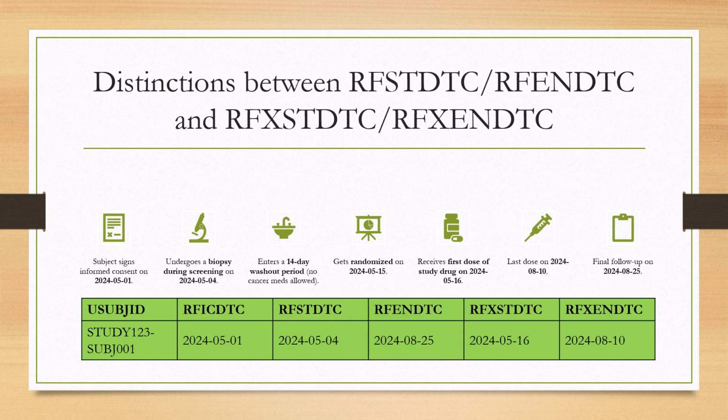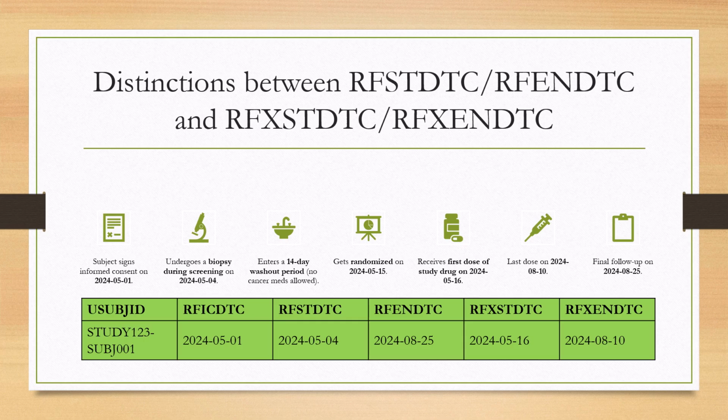In such studies, when data are submitted for subjects who are ineligible for treatment, such as screen failure subjects, subjects who are enrolled but not assigned to an arm, or subjects who were randomized but not treated, the RFSTDTC will be null. However, there are certain study designs where the start of the reference period is defined differently,